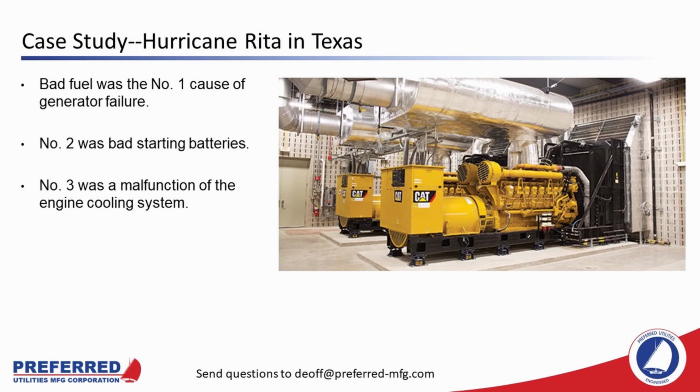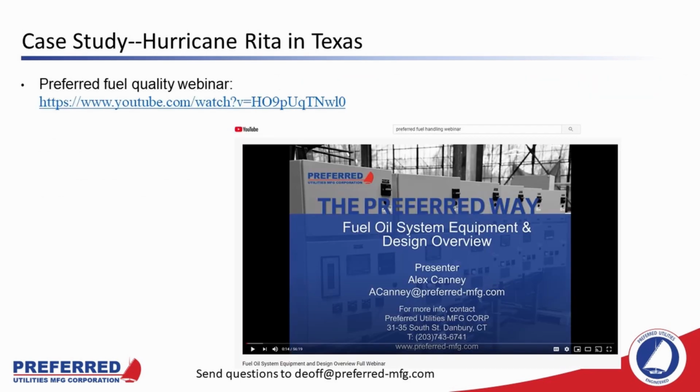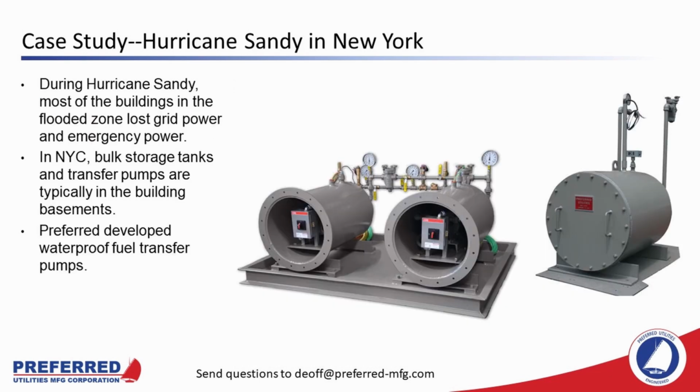engine cooling system. In case you missed it, Preferred's webinar last week was on fuel quality and how it is affected by tank design, fuel system design, and fuel polishing. You can see it at this URL, or if you just go to YouTube and search on these keywords, you'll find it. After Hurricane Katrina, we learned to move all the vital components of the fuel handling system above the